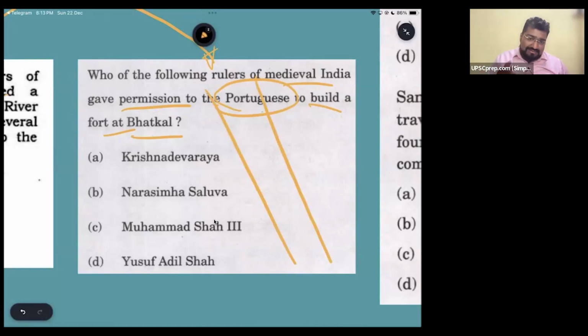When in the lecture I was teaching Vijayanagara Empire, I taught them that Krishna Dev Raya maintained good relations with the Portuguese. There was a give and take between the Portuguese and Krishna Dev Raya. Krishna Dev Raya also facilitated trade with the Portuguese, the establishment of some Portuguese infrastructure in his territory. तो इसका आंसर ए बनता है. ठीक है. But if you haven't read it,